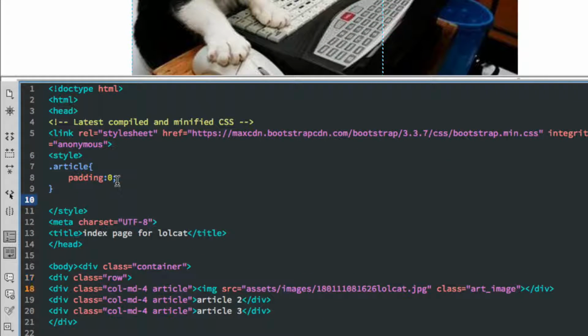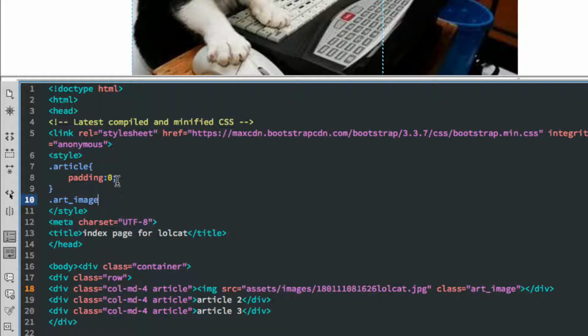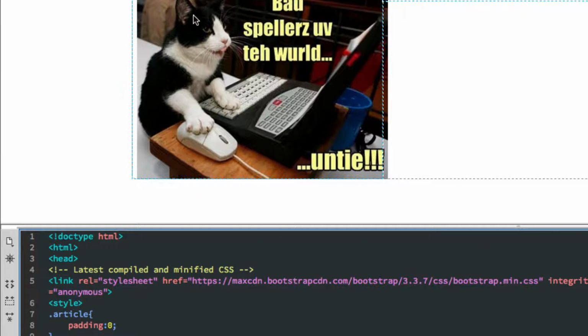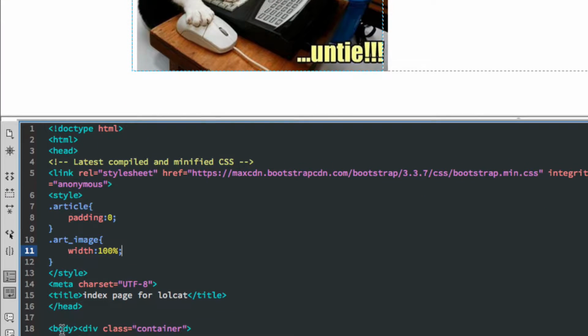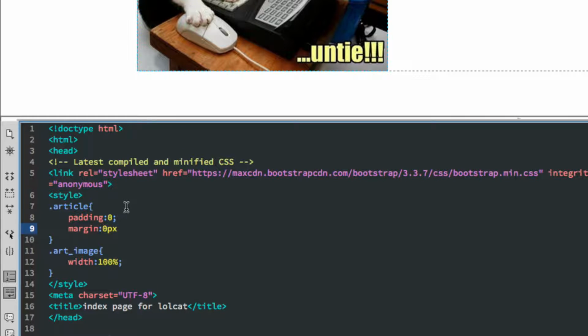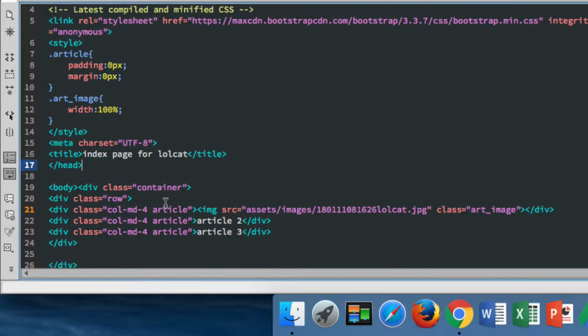And then I'm going to do my art image. Let's just set the width to 100%. And there we go. So something's wrong here. I got some weirdness there. Now I just got the icon. The image that is. Okay, so there's my article, and so now I can just go in here and below it,